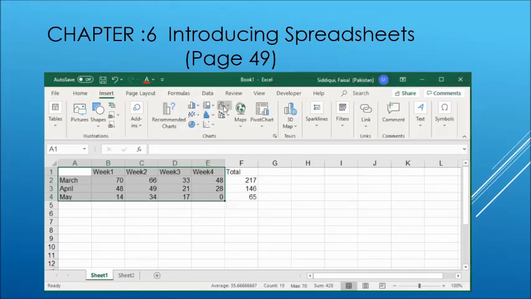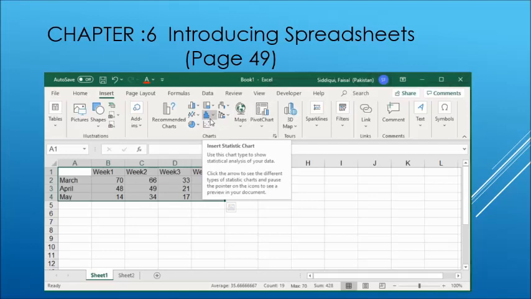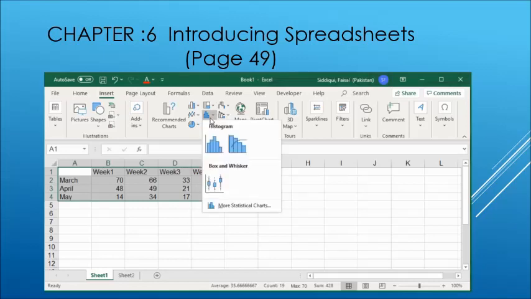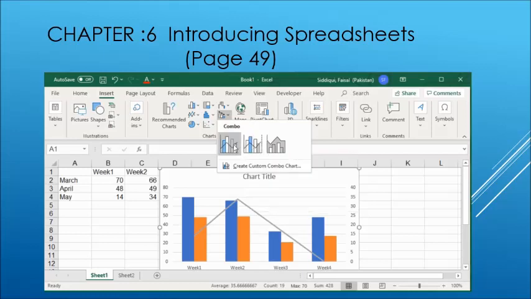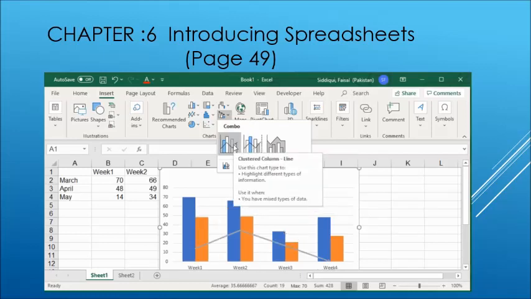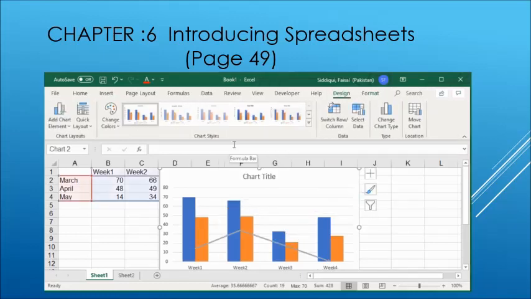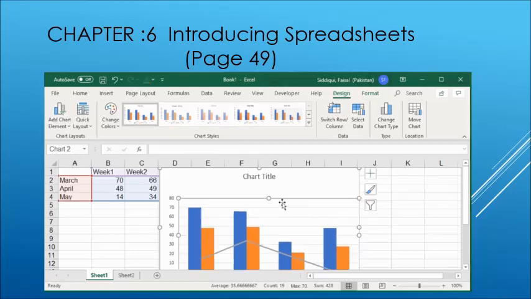Now there are different types of charts available to us in the insert tab. We will click on the insert tab. In the charts group, there are multiple types of charts available to us. In the activity given on page number 49, a bar chart has been created. We will click on bar chart, and we also have other types of bars as well. We will select a bar chart from here and choose any chart that we like. Now the chart has been inserted on our